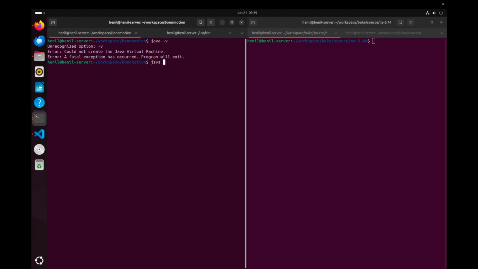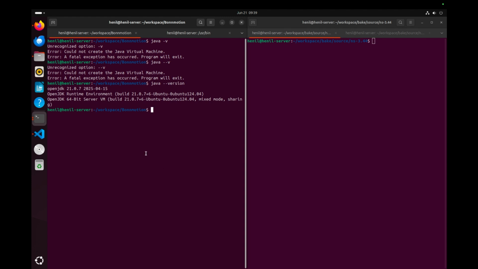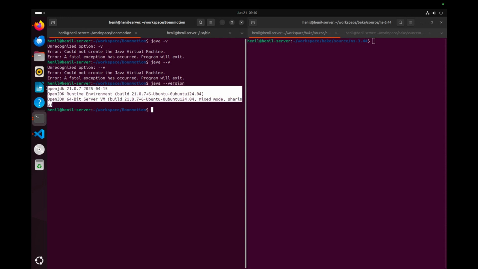Okay, so java -version. Yep. So this is the command for us to know if we have Java installed or not. If we have Java installed, then this command will tell you what is the JDK version that we have